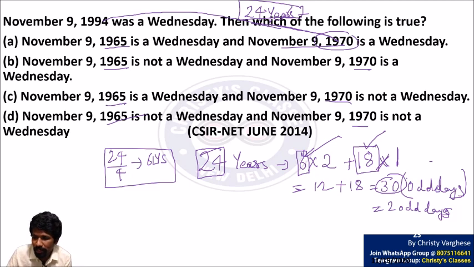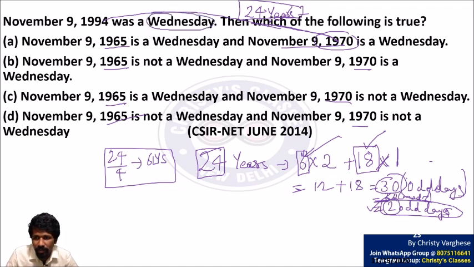Or simply speaking, 30 mod 7. Mathematically speaking, that is called 30 mod 7. Mod 7 means when you divide by 7, take the remainder. Remainder is 2. That is the extra days, or that is the total shift that is happening. Total shift means 94